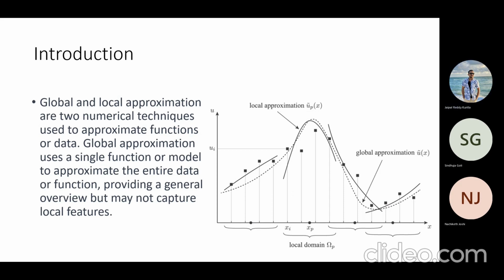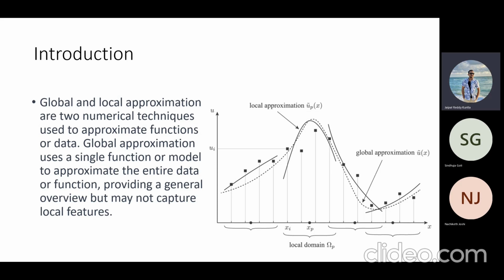System or function. Global approximation refers to approximating a complex system or function by a simpler function that can be used to make predictions. A simpler function is usually easier to work with and can be more effective for certain approaches. On the other hand, local approximation is a technique that estimates the behavior of a system around a particular point. This approach is useful when the function is highly varied and it is difficult to find a single